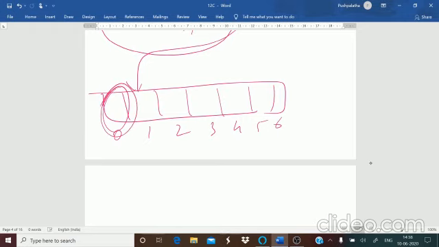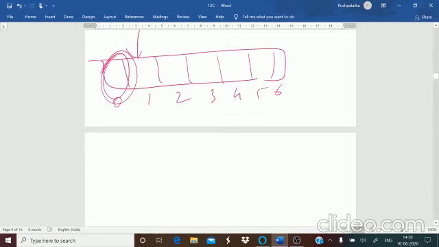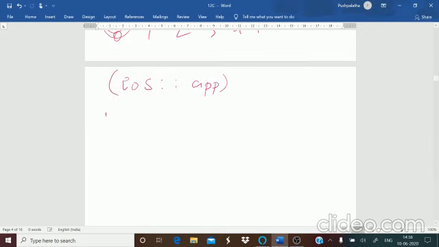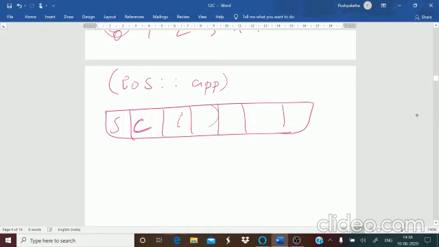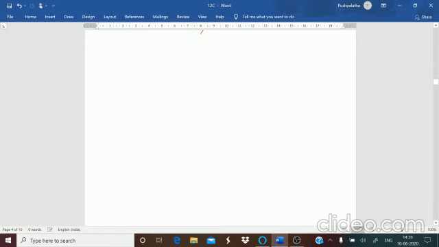Whereas if you give the mode as ios app, that's your append mode, and you have SCI somewhere like this, then it will start from this point. That is appending mode. This is about your put pointer.